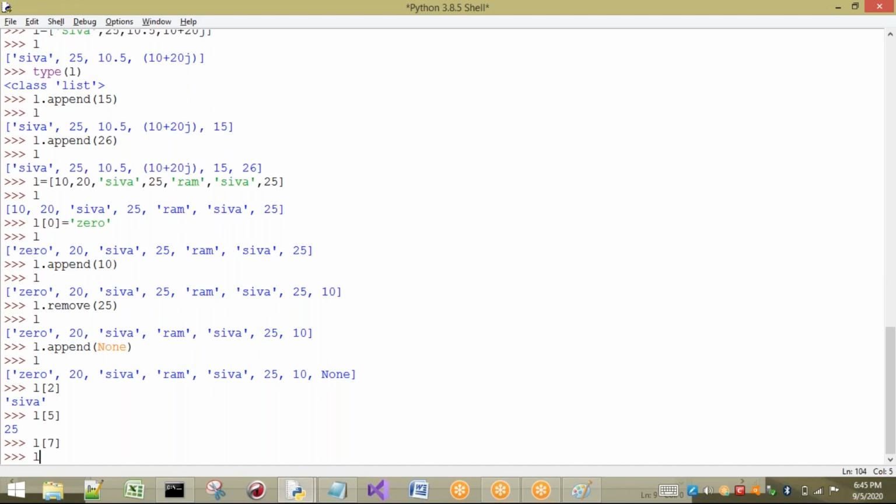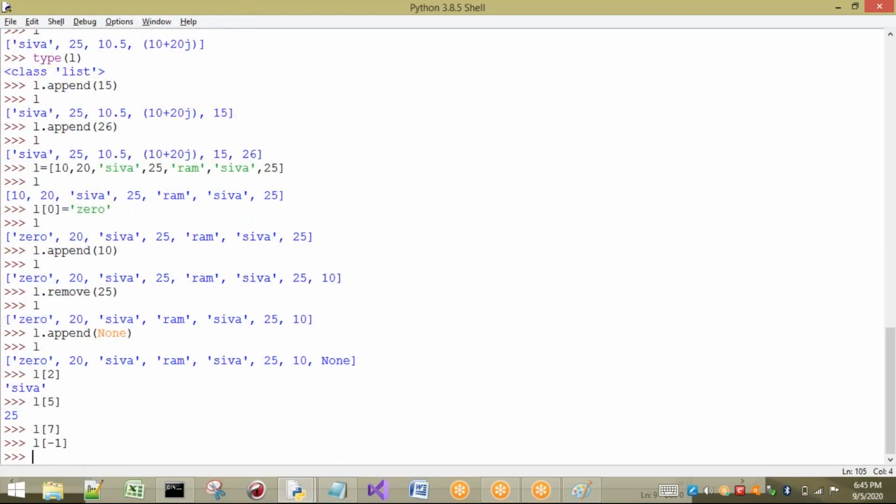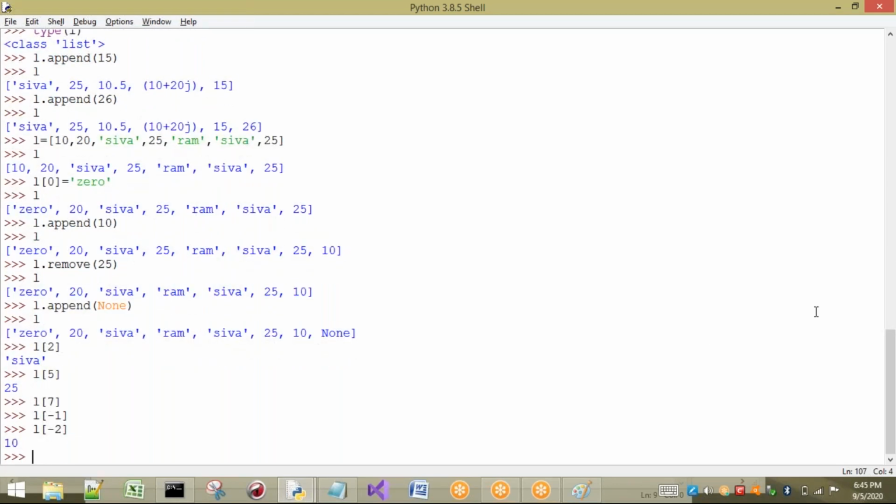I have already printed L of 5, which is 25. Let us print negative indexes. L of -1 is nothing but None, so it does not print anything. So I want to print L of -2. It is going to give me 10. From this side, the negative indexes start.